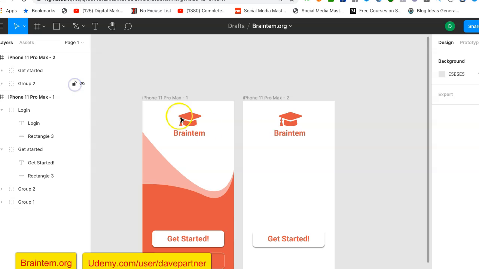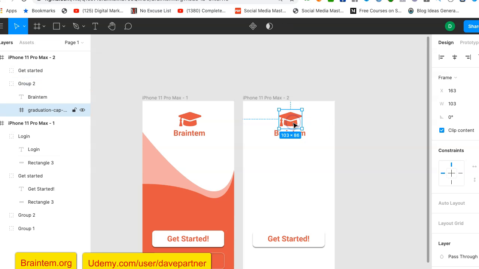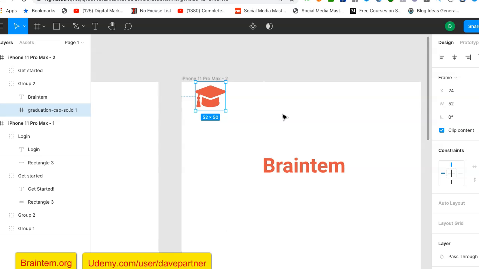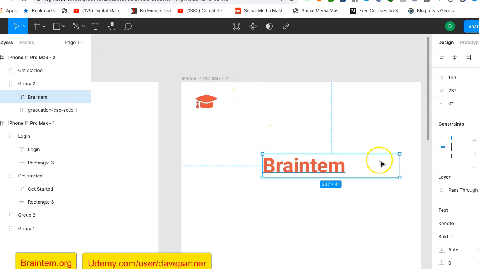So I don't know why it's locked again. Control G. Okay, now I can handle them separately. So what I did is I selected them and I clicked on Control G. Alright, so I need to zoom in again. Alright, I just need it at this extreme, and then I need the name